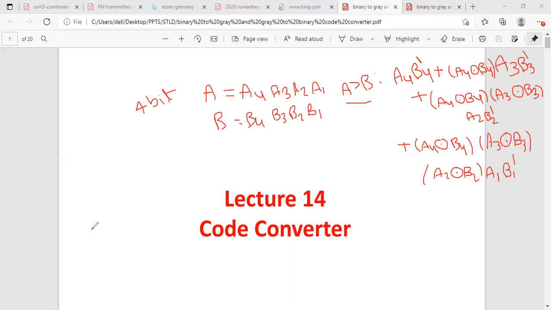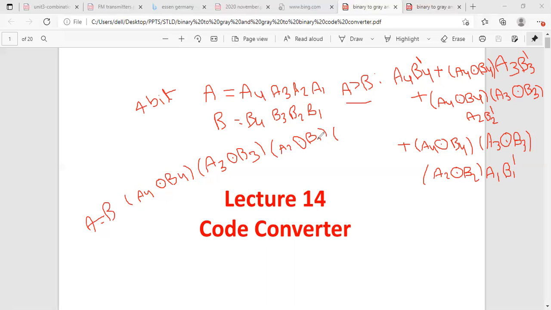For example, if you want to write the Boolean expression for A equal to B: when you say A is equal to B, both A4 and B4 should be equal, and along with that all the bits should be equal, only then can we say A equal to B. Okay, so A4, B4 should be equal and A3, B3 should be equal, and A2, B2 should be equal, and A1, B1 should also be equal.